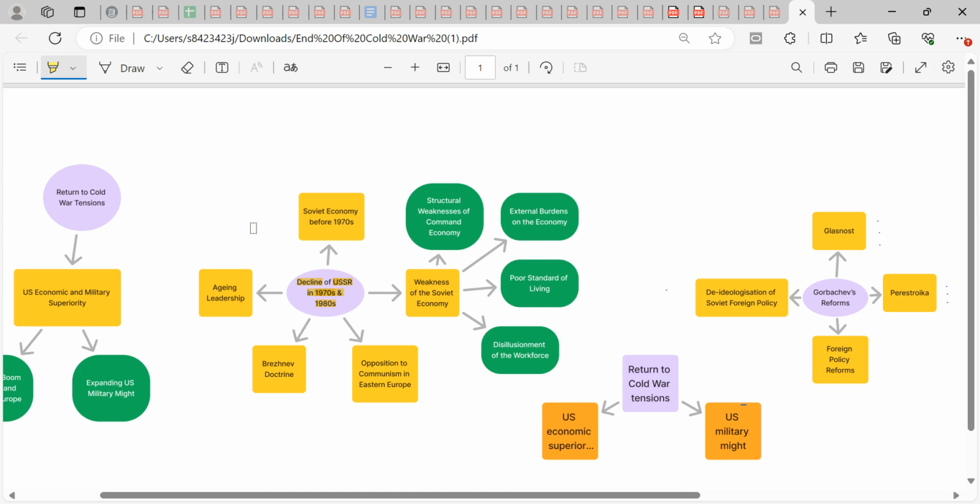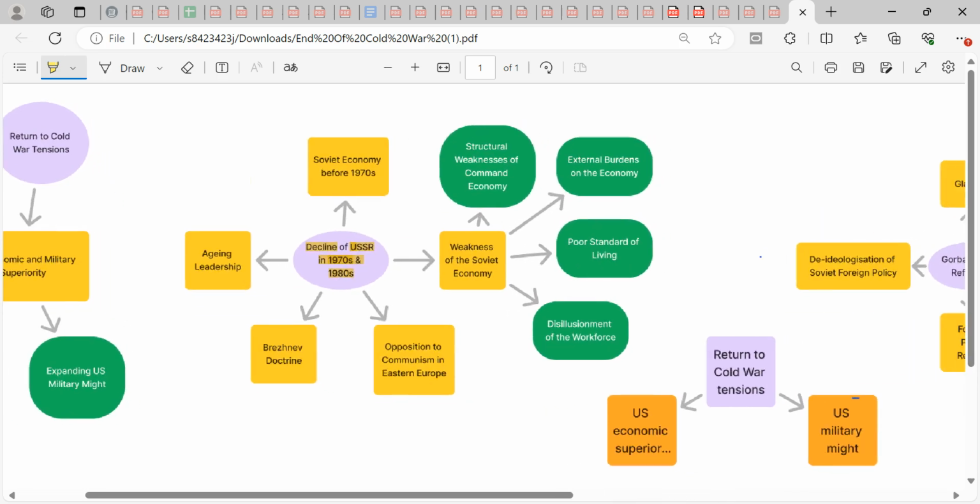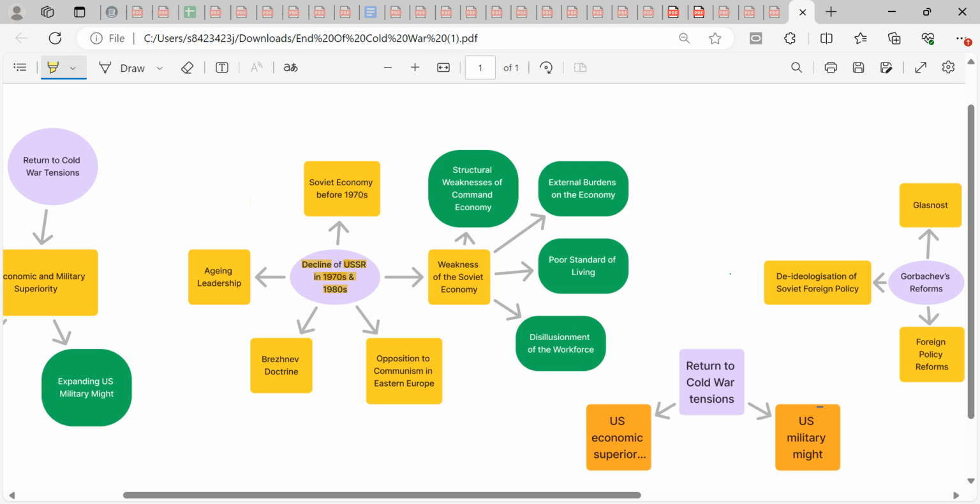The reason for this is relating to what are the bigger chunks of content that we probably need to be more confident and competent in. So the decline of the Soviet Union in the 1970s and 1980s, we would see as really one of the more common topics being asked in exams. All right, you have questions,